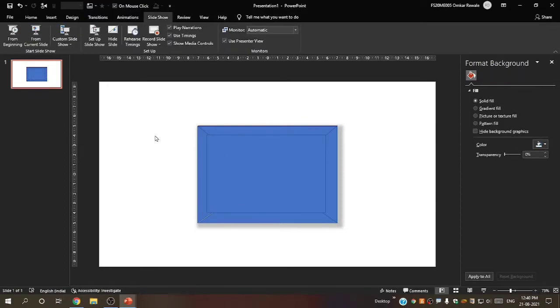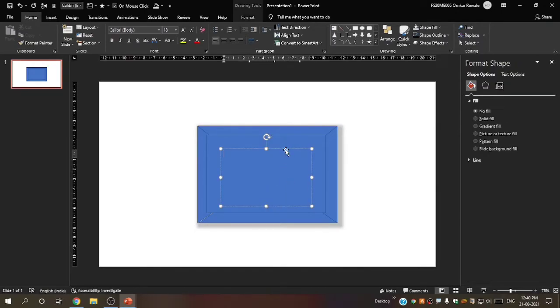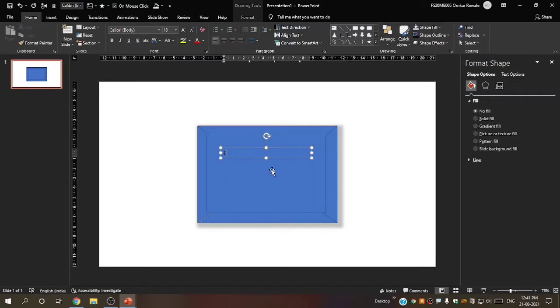Okay, now again I will go in the home tab. Now let's add a text box. Okay, so now let us first write "envelope," enter, "opening." Okay, now I will select align center.